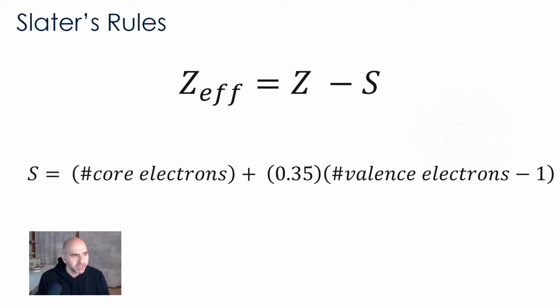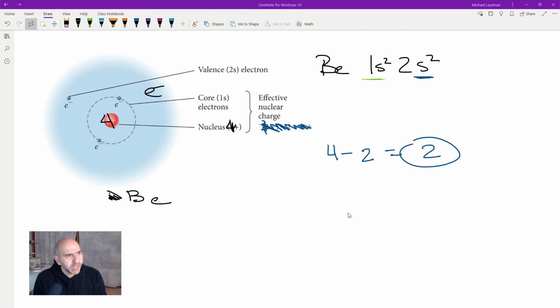Because those shield completely, and some other amount, so the number of valence electrons minus 1 times some fraction. And there's still a dispute, and it doesn't really matter. The original Slater's rules have this number at 0.35. Now, I'm not going to ask you to do any math with this, but the math is useful for illustrating the situation. So if we look at the case of beryllium,